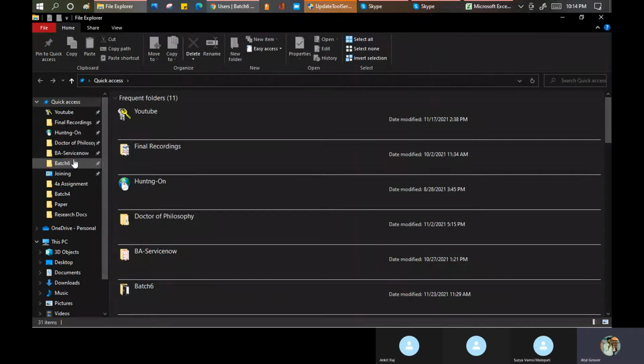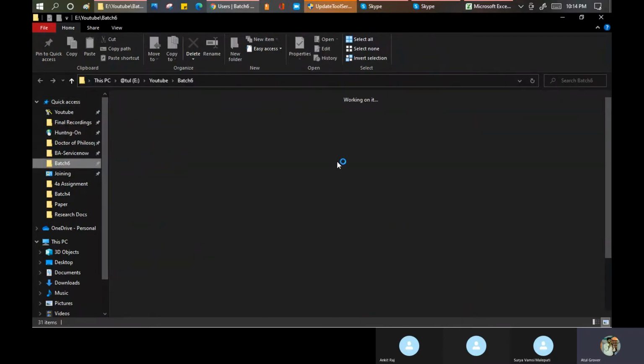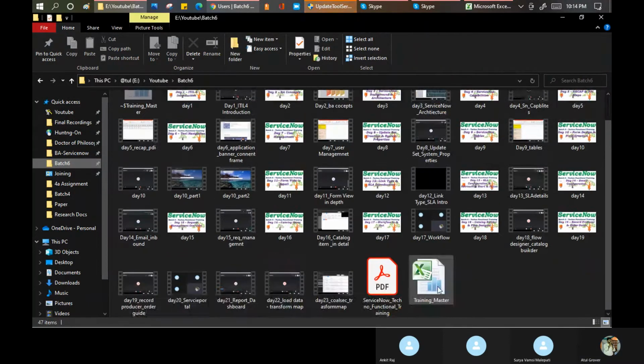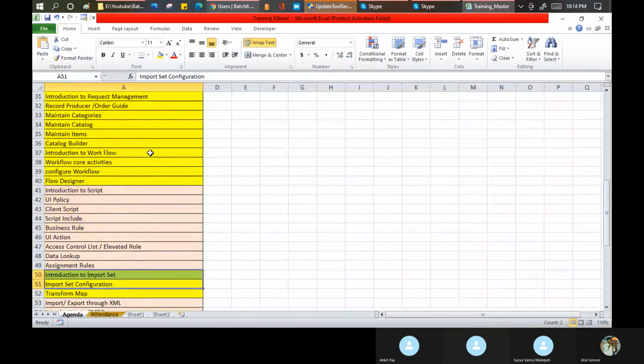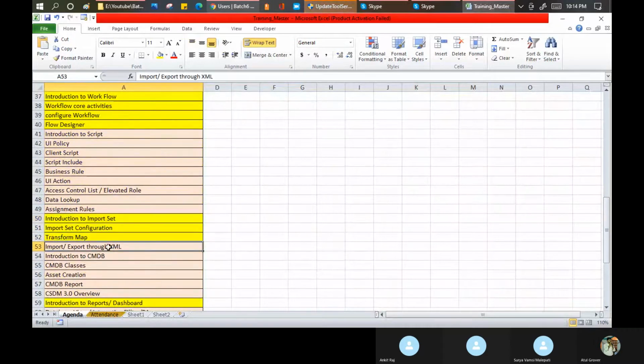Sorry, Atul, another question. If we have a bulk requirement or a bulk update request, suppose a request for creation of 150 CIs. CIs obviously have more fields compared to the user table. So in that case too, if the raw data comes to us in Excel, do we have to do the same kind of thing? Yes, we have to update on the CMDB table.